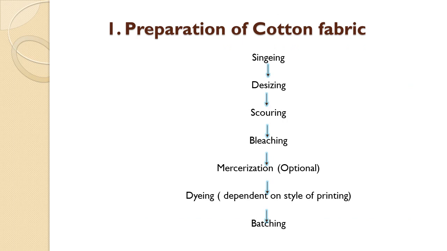So the steps involved in case of preparation of cotton fabric itself are various. Very first we need to carry out gray inspection of the fabric. So what is the role of gray inspection? In case of inspection, we carry out the fault analysis, whether the fabric is suitable for further process or how much rejection percentage may be there, dependent on the input quality that we can analyze in gray inspection department.